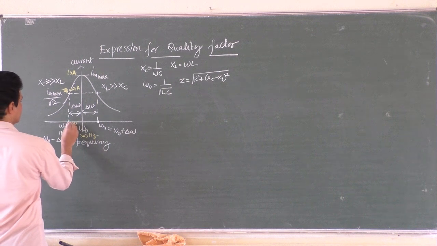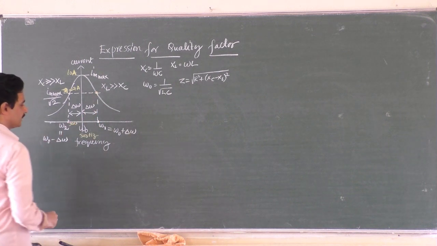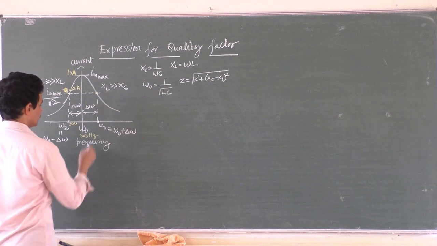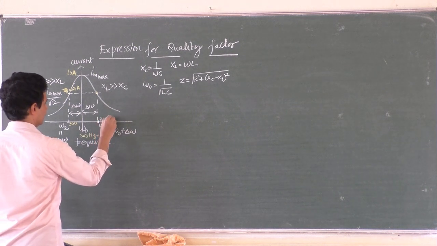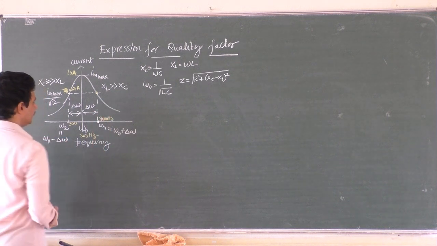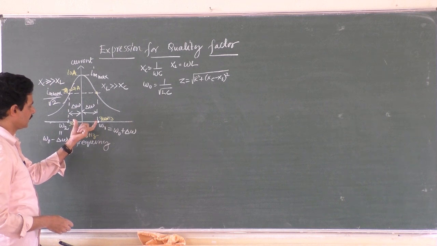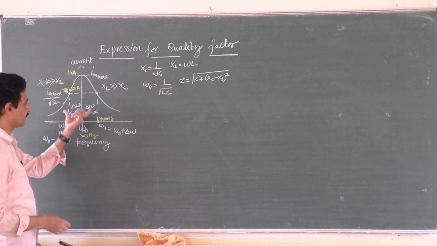so this is the 300 hertz. Similarly, again the current drops to 7.07 amperes at a frequency, say it is 800 hertz, right? Sorry, it is 700 hertz. So what is bandwidth then? From 300 to 700, that is 400 hertz, that is called